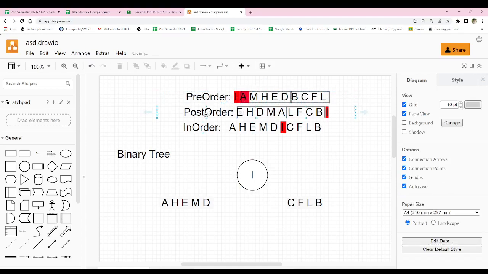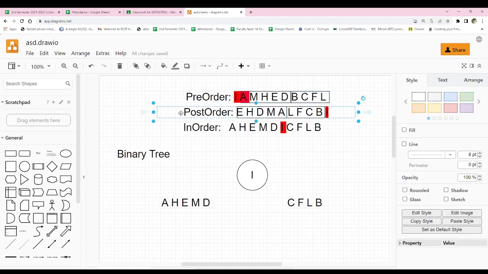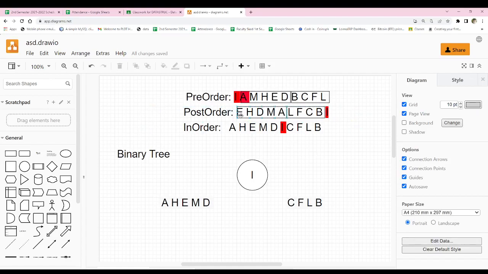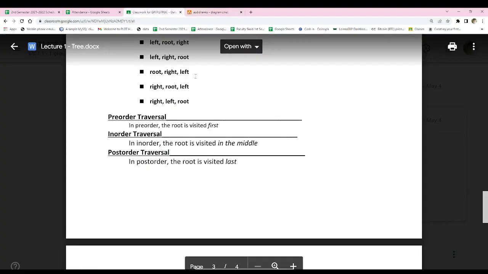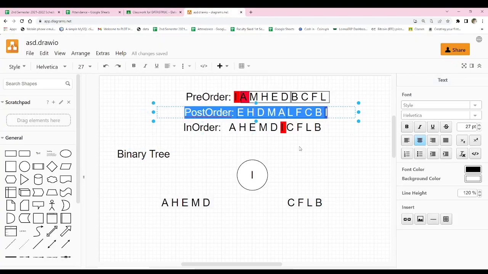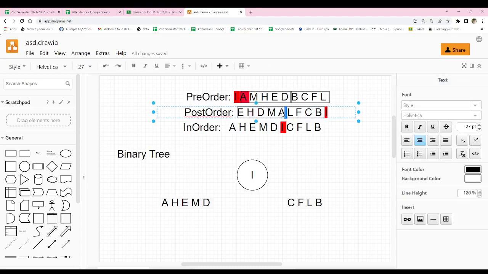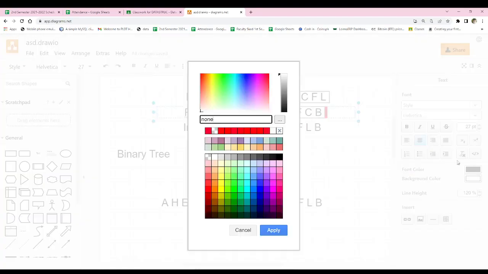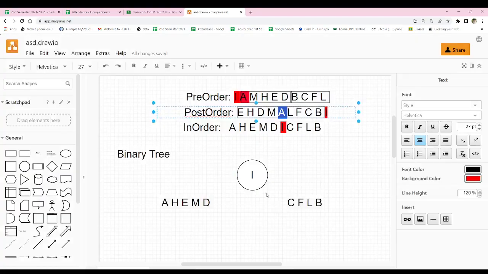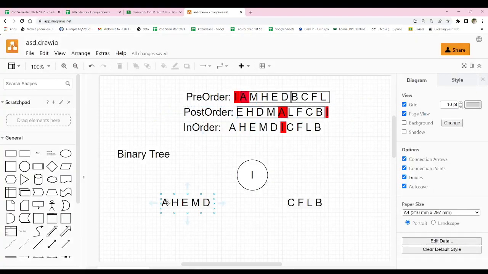Okay, now in our post order, we have here EHDMA. Post order, the root is visited last. So here, if you will notice, the A is in our last part, last element here. So A will become our main root. So here in our in order, again,